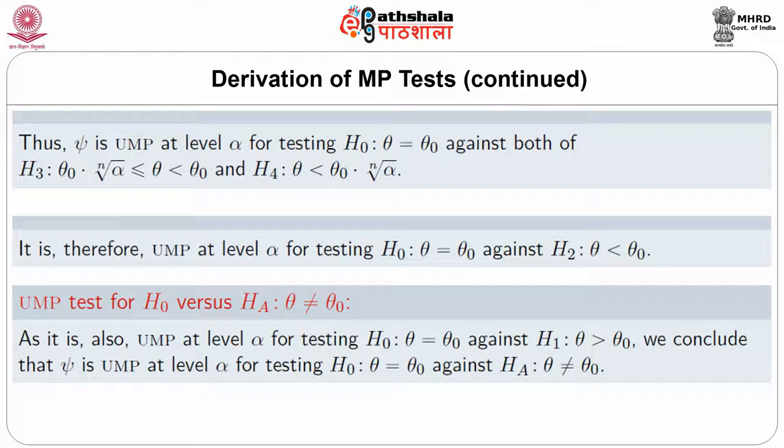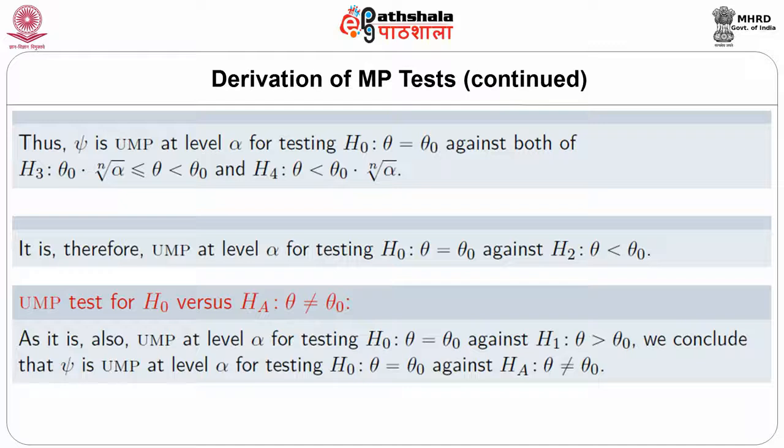It is possible to identify a constant k such that an application of the Neyman-Pearson lemma gives the most powerful test for testing H naught against H1 without any reference to the power. Can you guess what that constant is? Thus, psi is uniformly most powerful at level alpha for testing H naught, theta equals theta naught, against